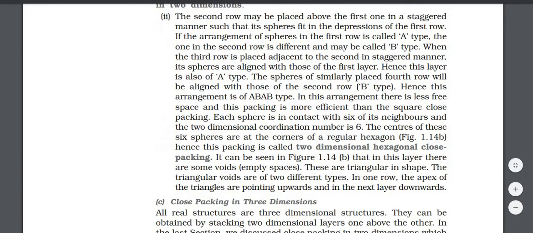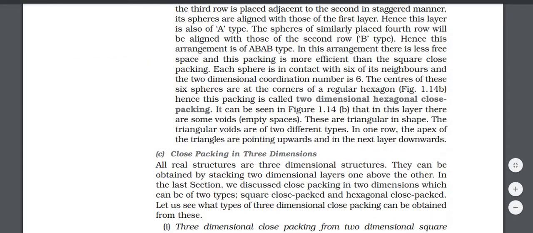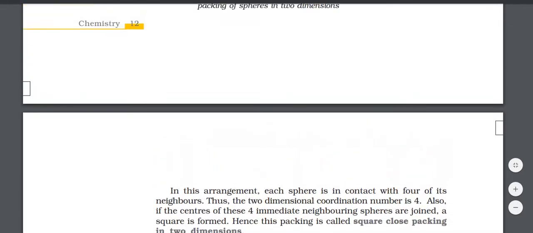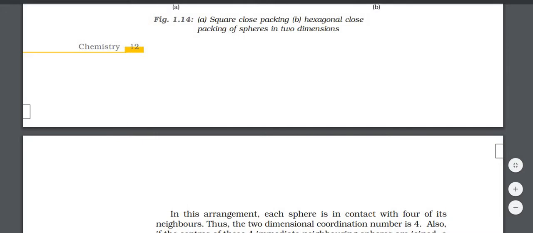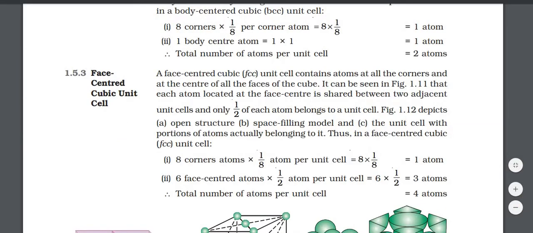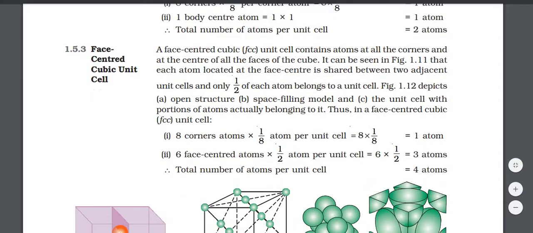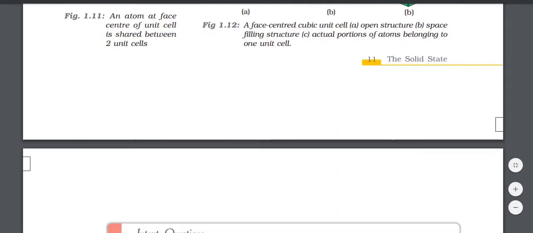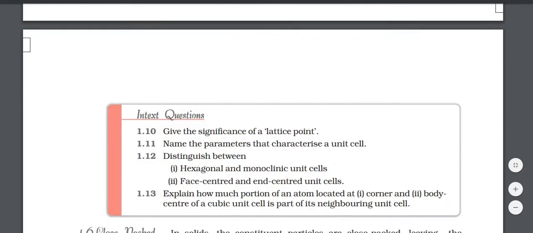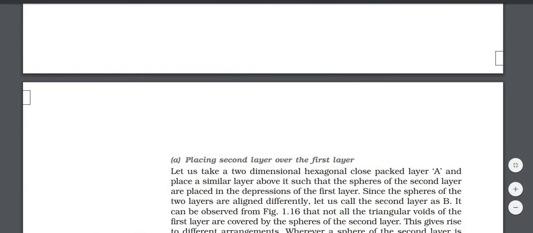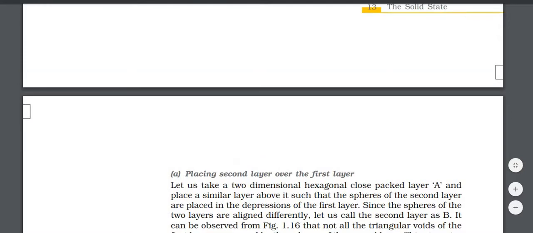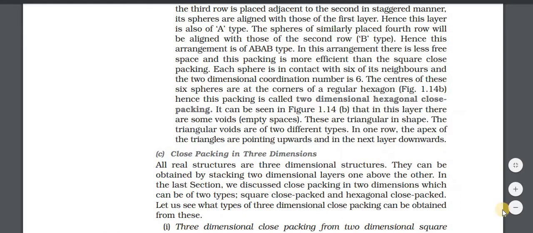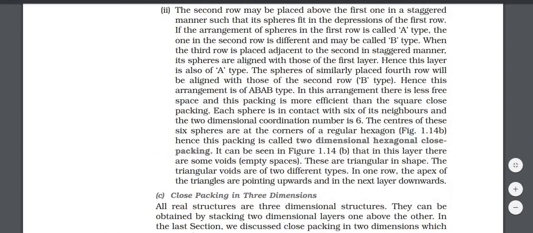So next, this topic we have to take up. This topic is related to packing. Packing is the topic we are discussing now. In this, you see, we have to arrange atoms. Now you take various balls and start arranging them in a layer. If one layer you can arrange, you can arrange a second layer. So if you see, just wait for a minute, you can see here